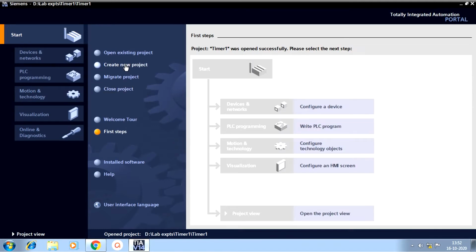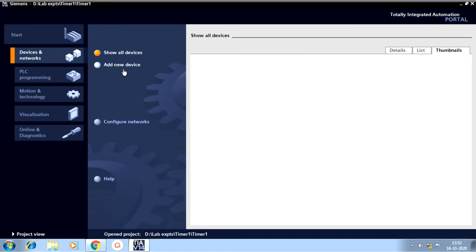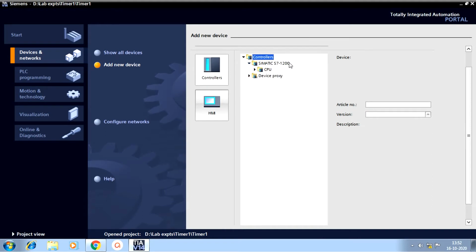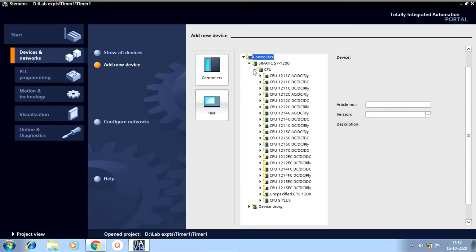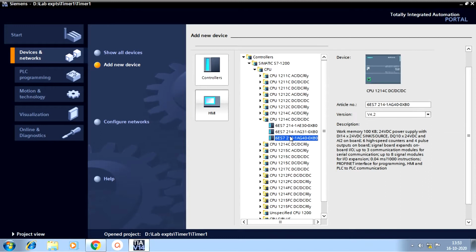So once it is created, we have to go for configure a device and click add new device. So it will show the SIMATIC PLC, SIMATIC S7200. Click CPU and select the CPU available in the laboratory, which is 1214C DC DC DC. Under that, the last option AG40.